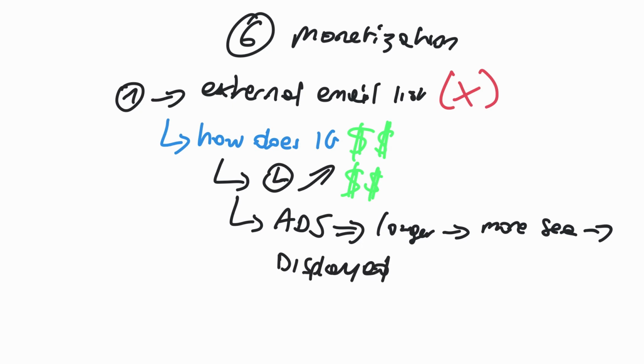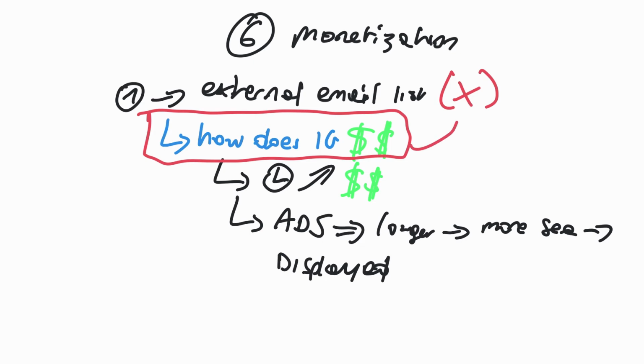If you understand this, it is crucial. This is true for all social media. They don't want people to leave. They need people to stay because this is how they make money. So when you understand this, you realize why every time you try to send them to an external location, the algorithm becomes super paranoid. They're like, no, these people are not going anywhere. This is when you get suspended. So that's what I tried first.